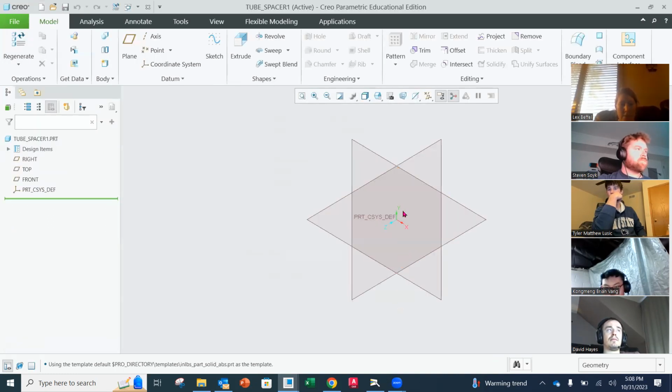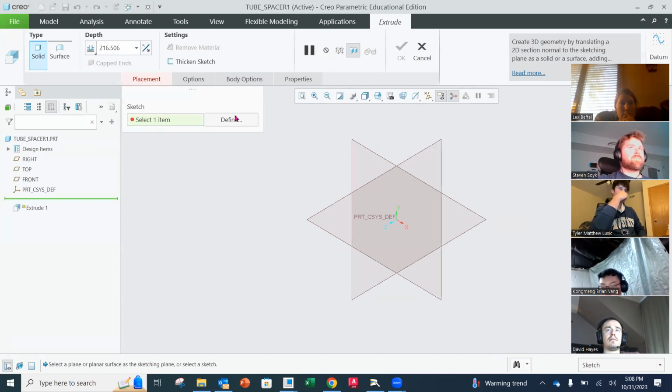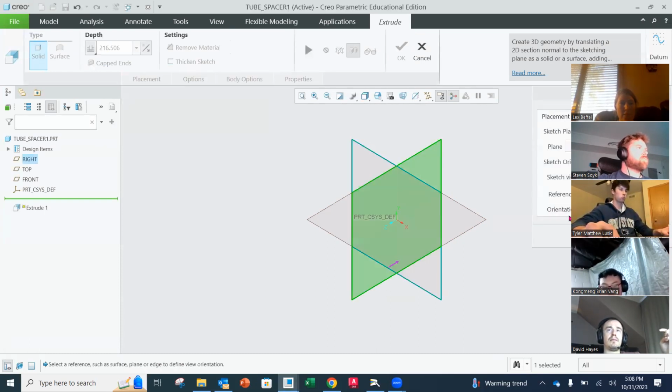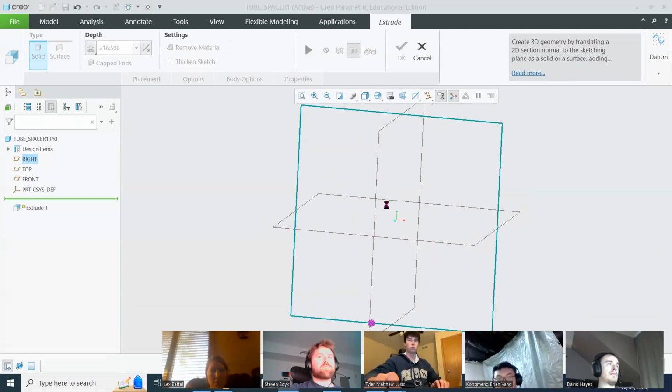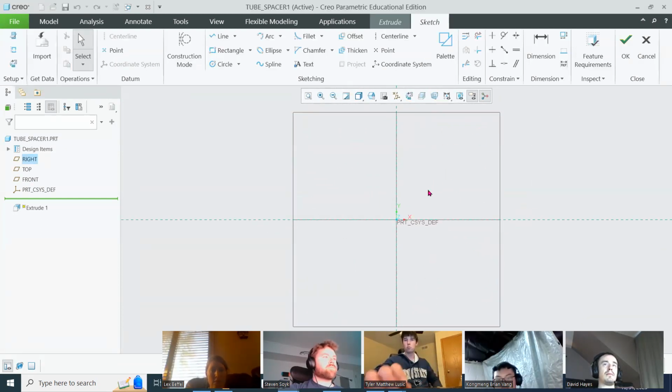And I'm going to start by sketching on the front view, but I'm going to go in under our extrude. I'm going to define front, and I just have to move over to sketch here. All right. And now I am on my front plane and I can start sketching. I'm going to take the center of that bottom tube, the 1 1/4 diameter and the 2.5 inch diameter, as my origin. So I'm going to take the external tube